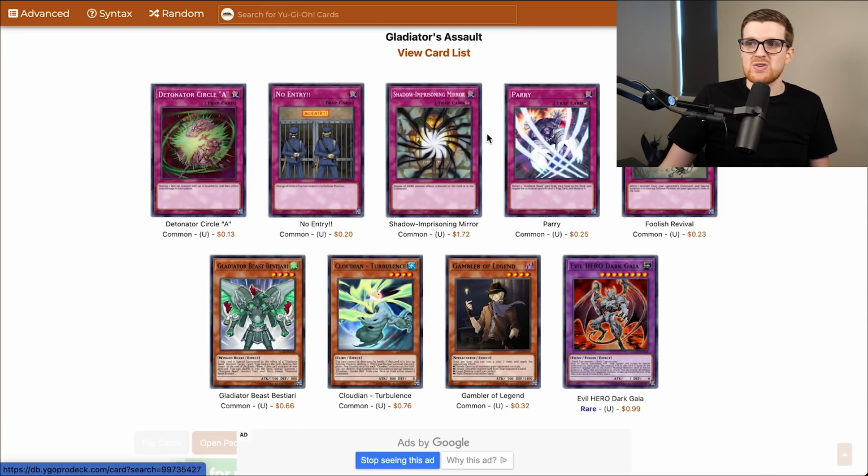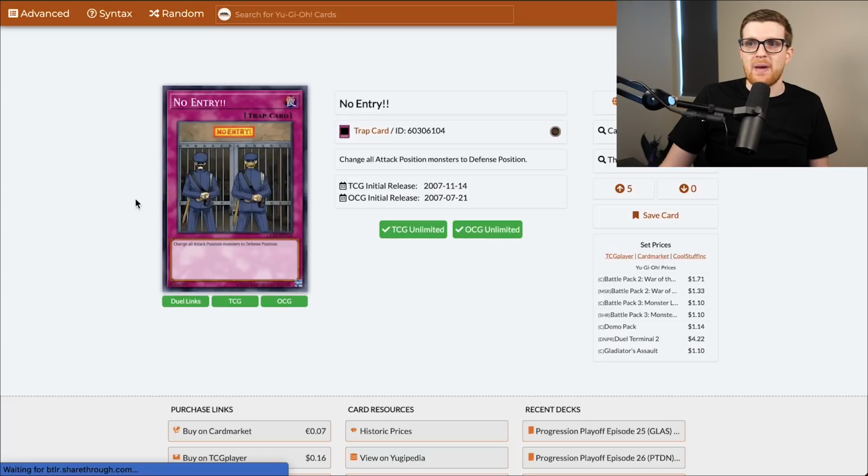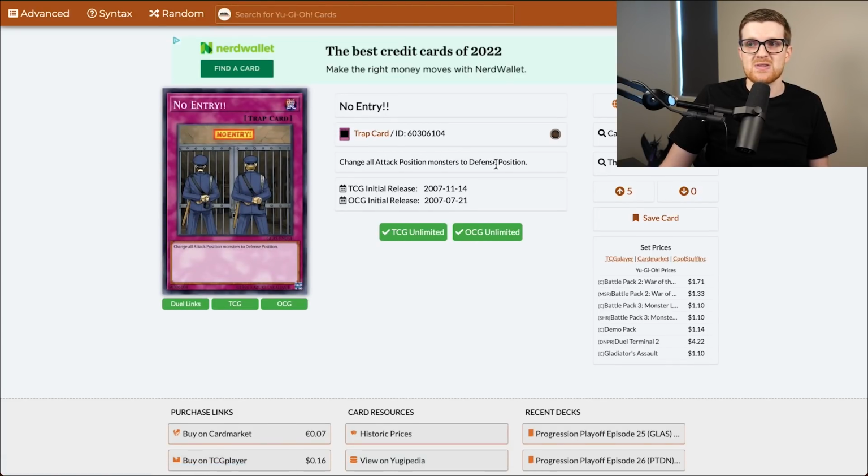Some other interesting cards in this pack include No Entry and Parry. No Entry changes all attack position monsters to defense position. The Cloudians debut in this set, and that actually would be a strategy you could consider, but I think No Entry single-handedly makes it impossible, because if the Cloudians get shifted to defense, they get destroyed, and so that basically makes them completely inviable in my eyes, because this is a common,